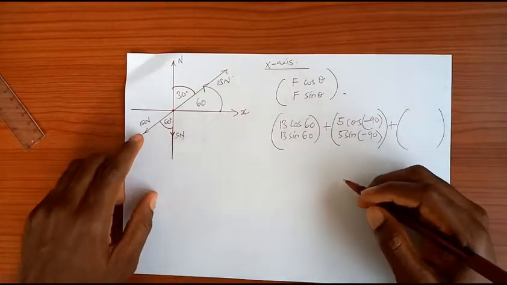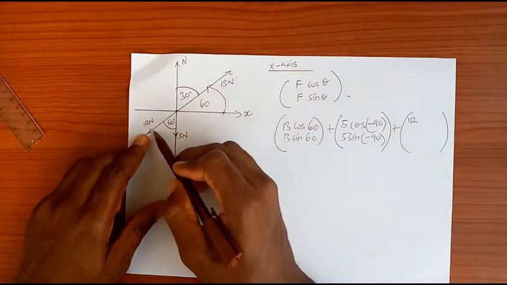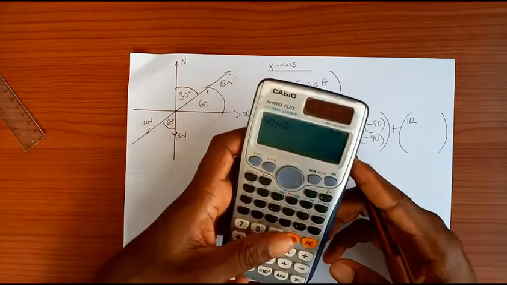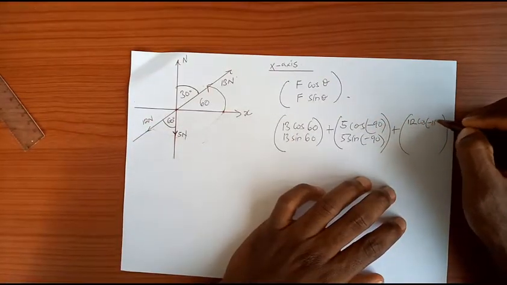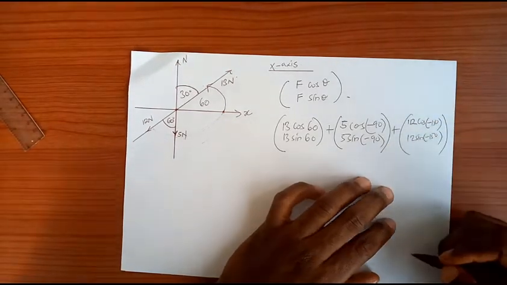plus my third force, 12 newtons. So I have 12 moving from here, this x, all the way here, which is 90 plus 60, giving us what, 150? 150, okay? So I have 12 cos negative 150, 12 sine negative 150. Okay, so